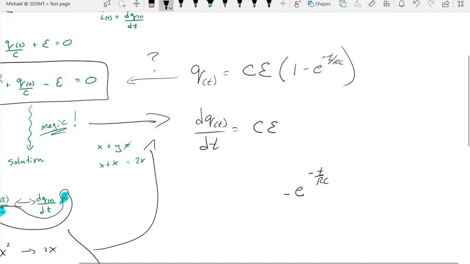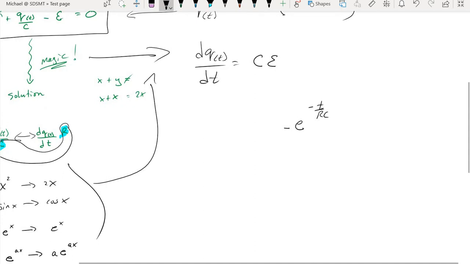Now we don't have e to the x, we have e to the t, but if we were to equate this to e to the at, we do have that minus sign out front, but what would a equal? Well, it would equal all this other stuff. So a is equal to negative 1 over RC,